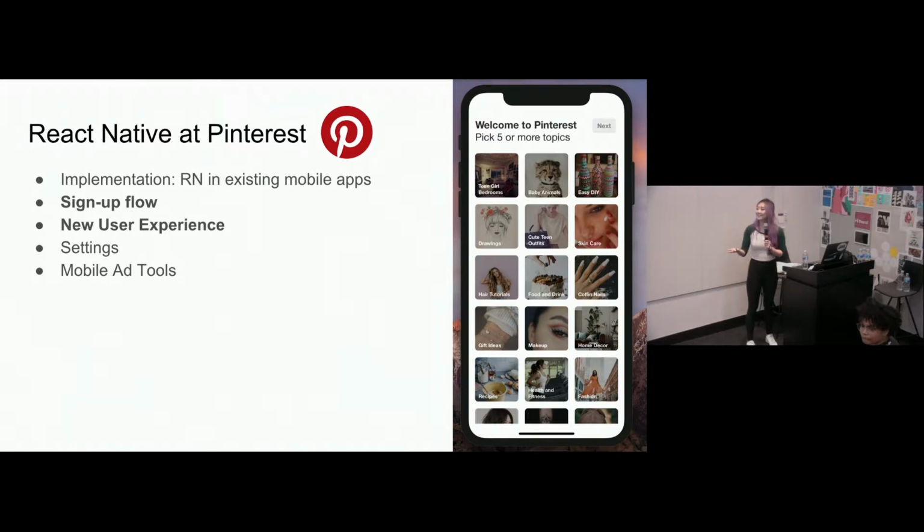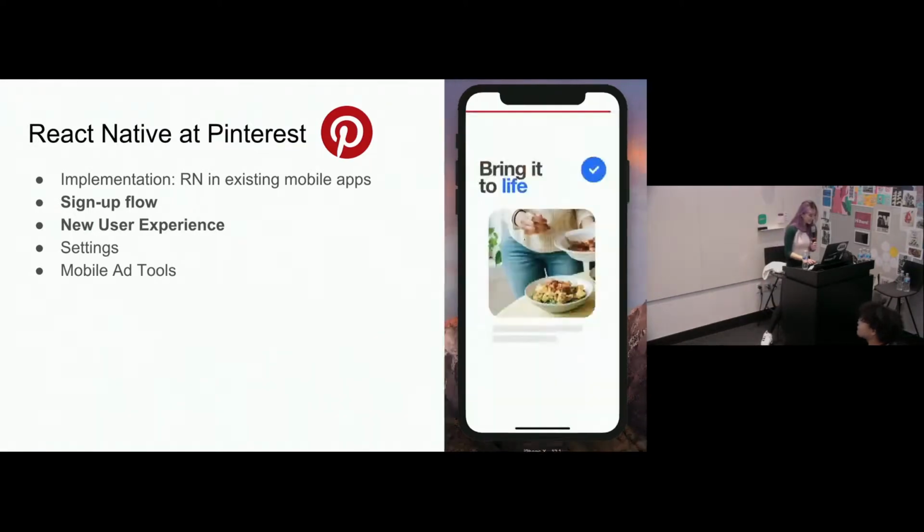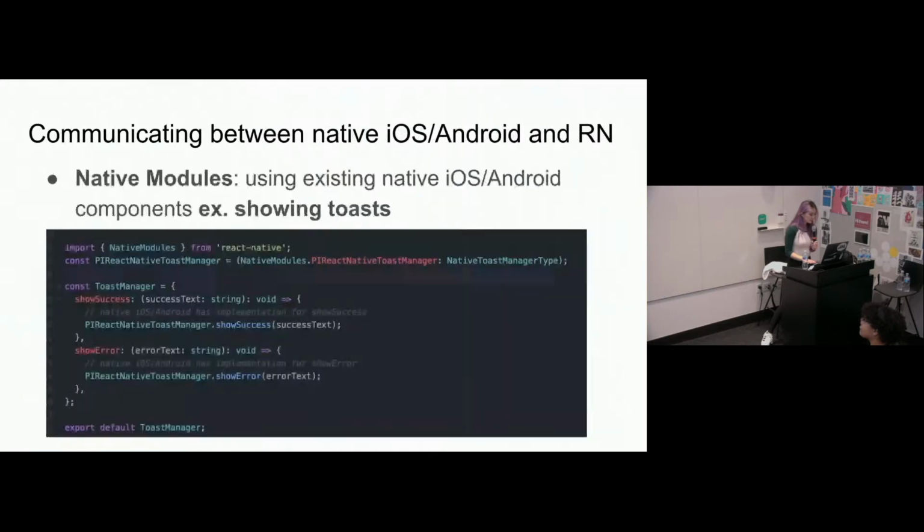Oh, yeah, I can get into that. Should I get into that now? I can jump ahead. No, I think